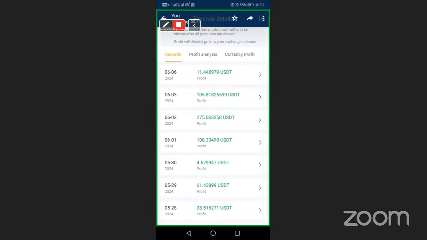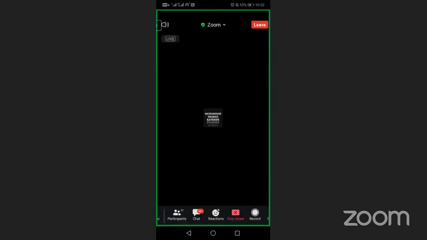So guys, this thing is working. We are not giving you something that is not working, as long as you follow what we are teaching you and you also exercise patience. I said sometimes you are going to have a day where the robot did not give you results. Don't focus on that. Focus on the 300 successful trades. All right? That is our target.